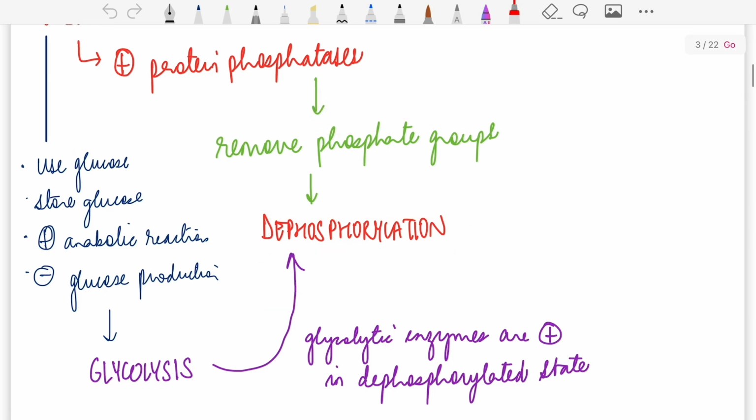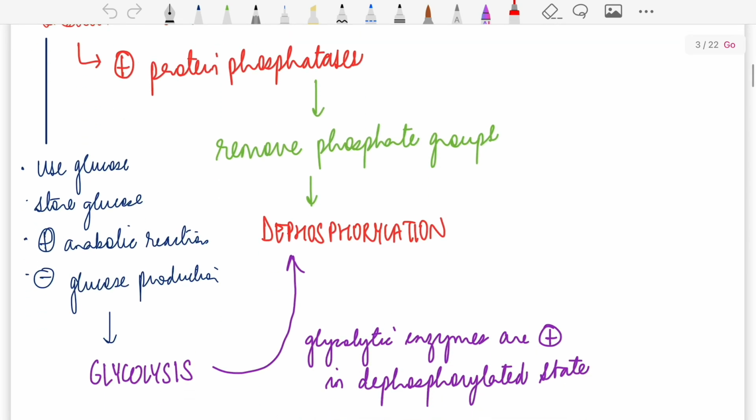Now, what does insulin do? Insulin enhances the uptake of glucose, basically to use glucose and to store glucose. It is an anabolic reaction and it inhibits glucose production, right? So why does it inhibit glucose production? Because insulin is released